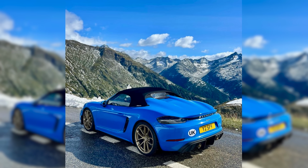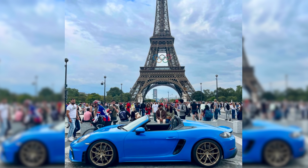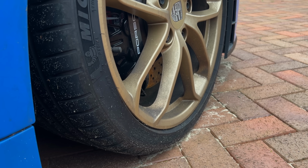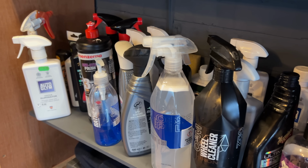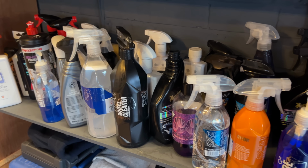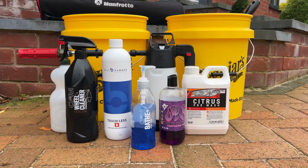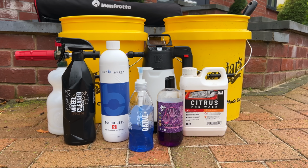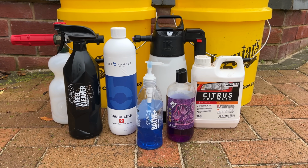And while this car is still relatively new, it had just covered a fair few sightseeing miles on the continent, so it made sense to treat it to a post-expedition pre-winter wash and spritz. So after a quick rummage in the garage, which to be fair was well stocked for a weekend warrior, I assembled a collection of cleaning stuff that I thought should combine in relatively hassle-free fashion to provide sufficient sprucing power, including